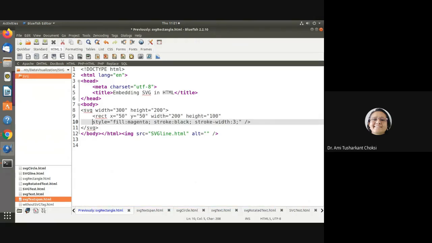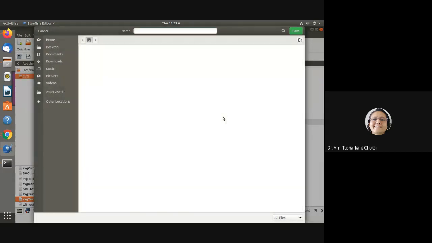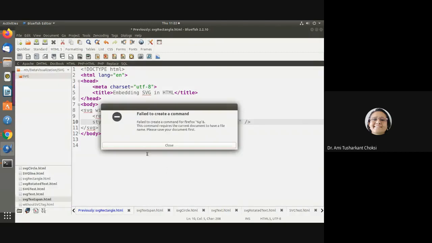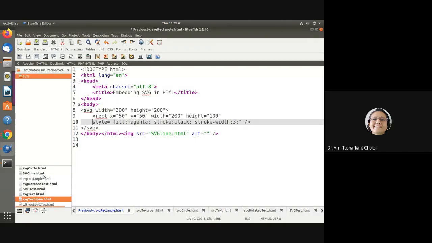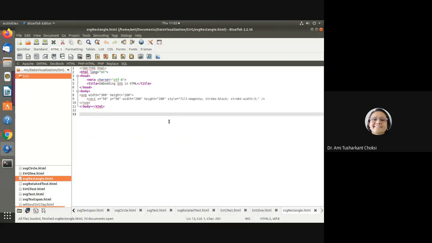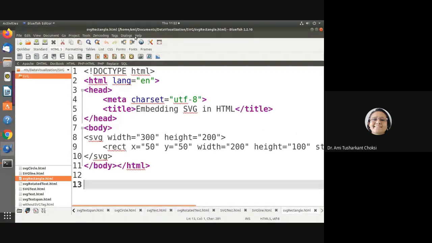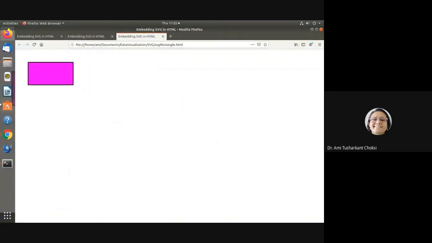The rect tag is there, and then it has the stroke width. The file was moved to another directory, so it gave an error. Now we are able to see the output: a black colored border of width 3, and the fill color, that is magenta.